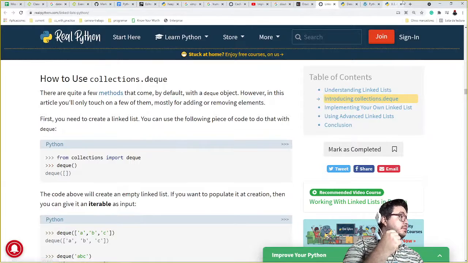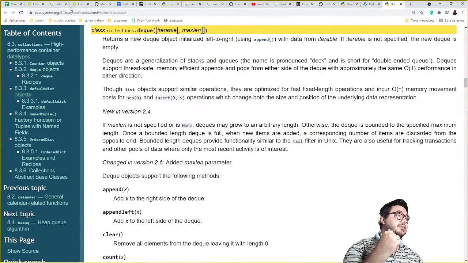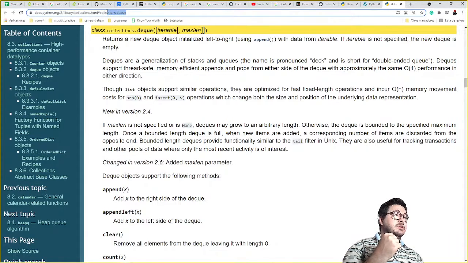Okay, so these are the docs, Python 2. So let's find the Python 3 docs.